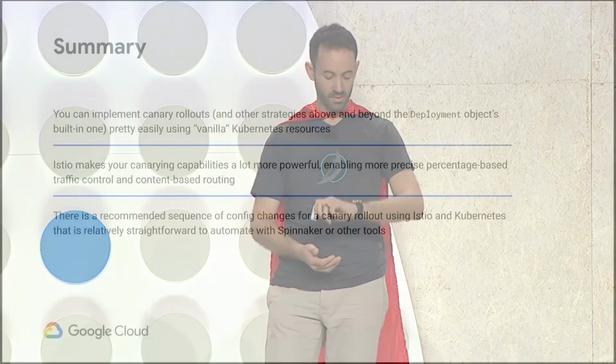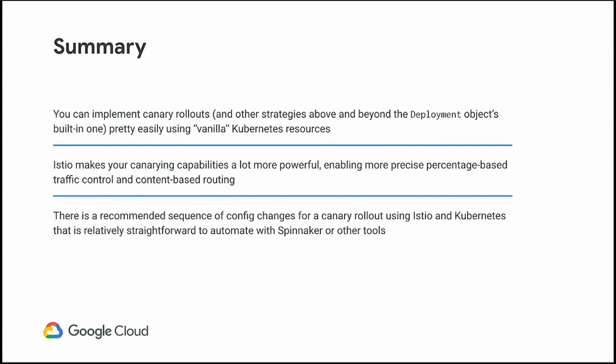One more. Yes, so a final summary here. 3 main takeaways from my side. You can implement Canary rollouts and other strategies that go beyond the vanilla deployment object in Kubernetes. You can do that pretty easily using vanilla Kubernetes resources,